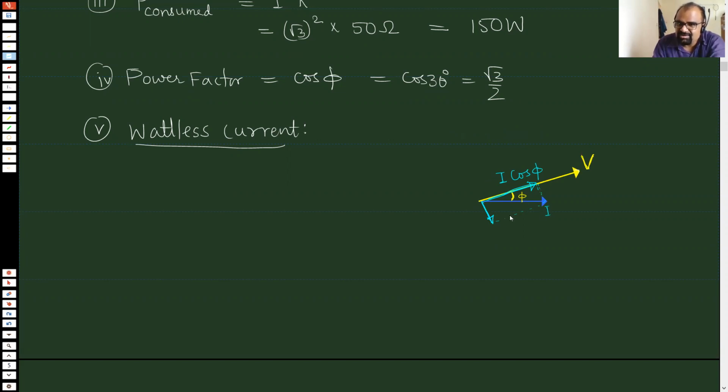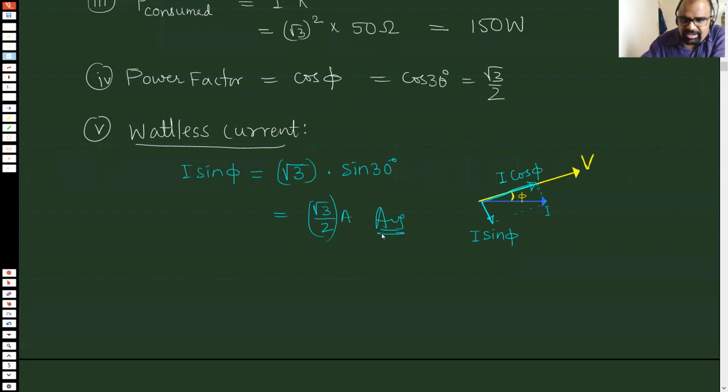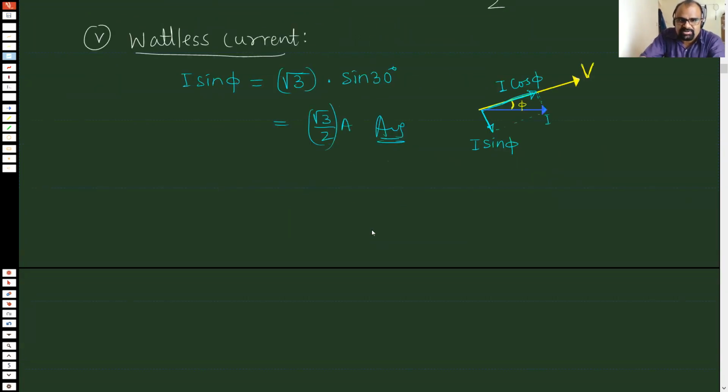Anyway, this current I sin phi is the wattless component. So wattless component current is simply I sin phi. Now I could have directly applied this instead of showing this to you, because frankly, you know the formula, you can get the answer. But here I just showed it to you once more. Now this I we had calculated as root 3, and sin phi means sin 30 degree, that's half. So it is again root 3 by 2 ampere. That's the answer. Okay, so that's it. So much time I have taken.